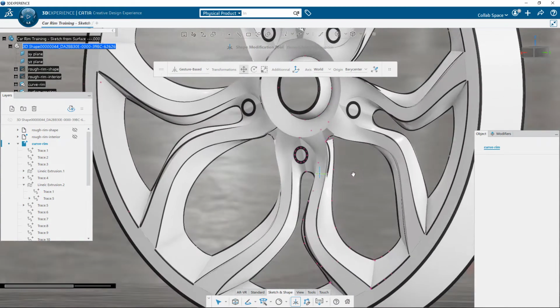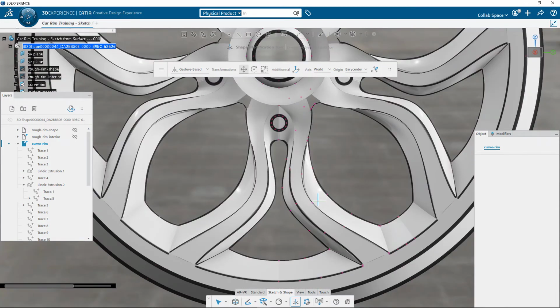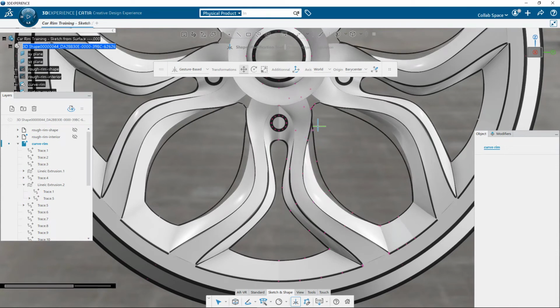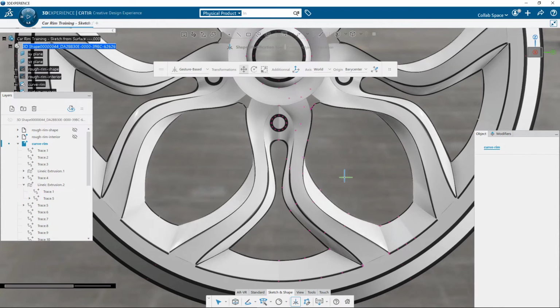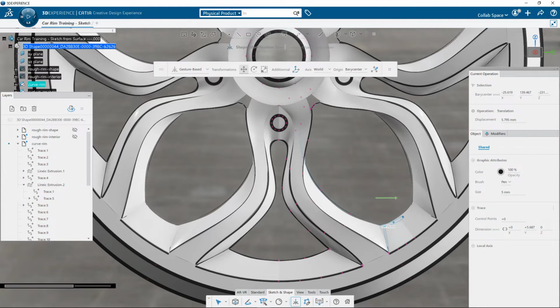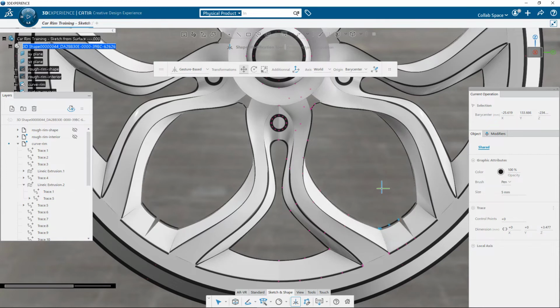When I move the control points of the curves, you notice the surfaces are updated as well when I release the mouse. With multi-selection, I am able to move a group of curves at the same time for larger modifications. It is a very useful workflow for quick shape exploration to see directly the impact on the whole object. I continue to explore ideas and to refine the overall shape.